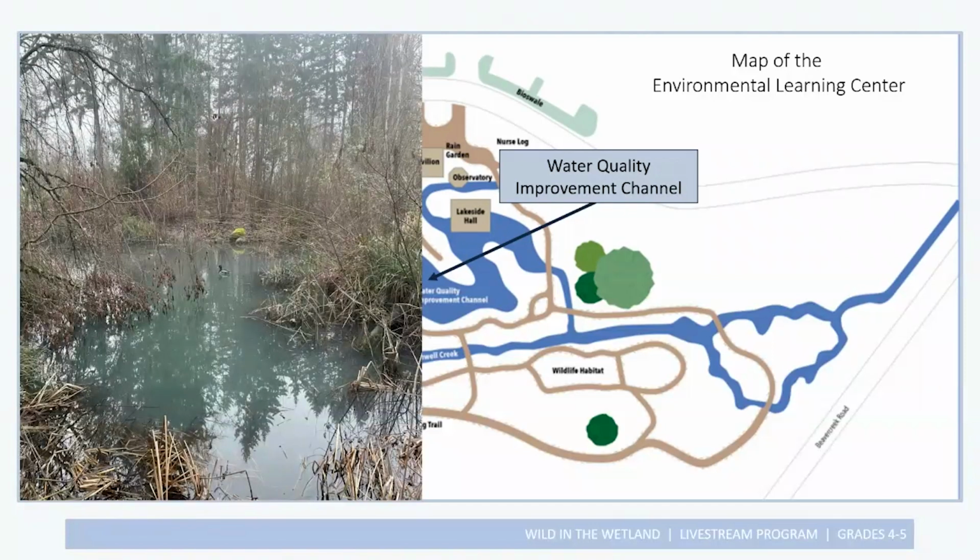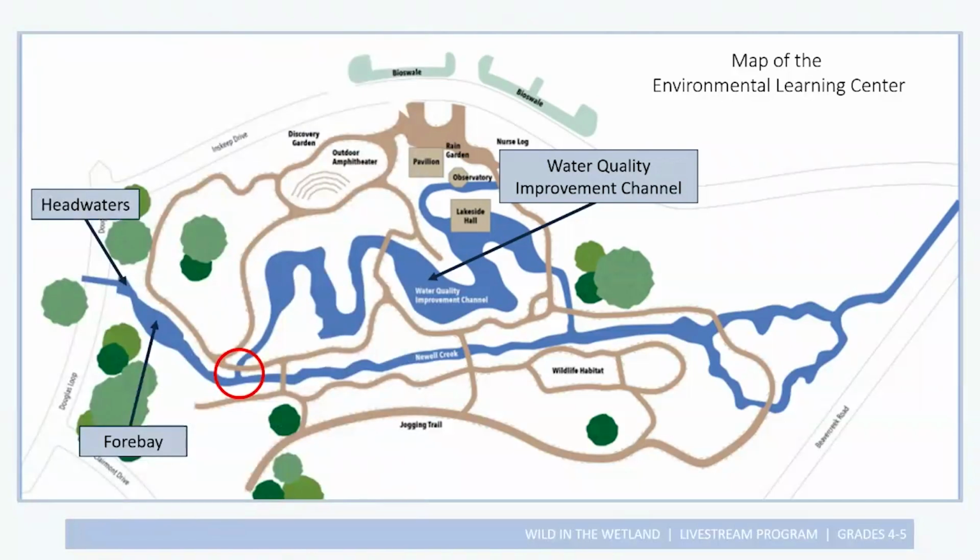And you can see that in a photo here. It looks like there might be some mallards swimming around in there. There's lots of plants growing near the water. It's a really great resource for these animals and for us humans to enjoy. And after the water winds through the wetland or the water quality improvement channel, it comes back to Newell Creek, and they come back together, and Newell Creek is one again, and it continues to flow downstream. So after that water quality improvement channel, the water is cleaner, cooler, and has provided habitat for lots of creatures, and then continues on downstream.